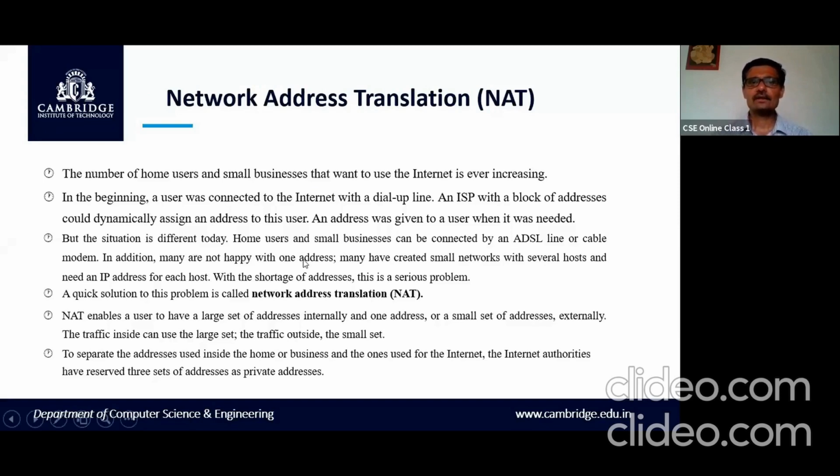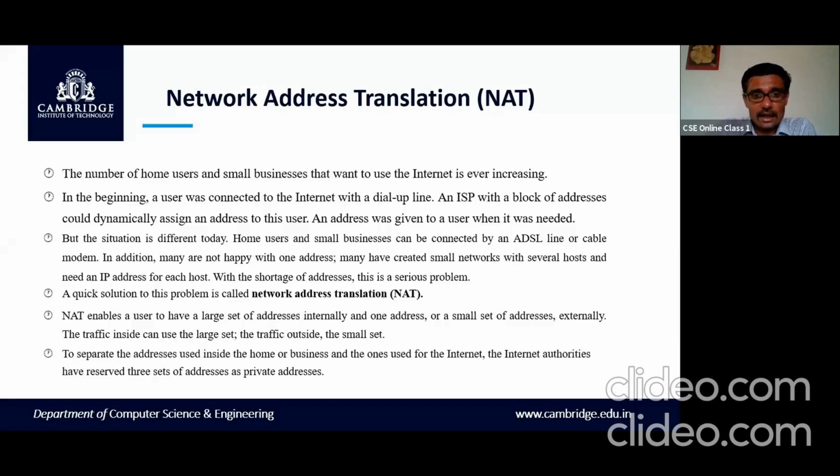Inside the home, you will have many computers, which is called a private network. Or you may be in a business where you have multiple addresses. In such a case, only one router is connecting to the external network.